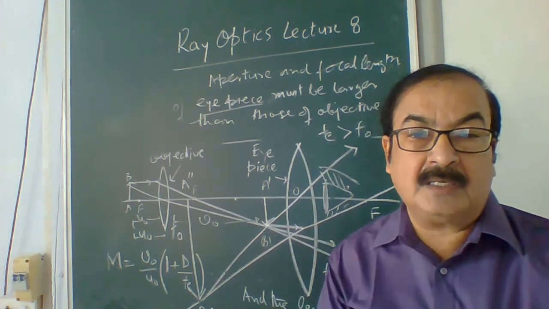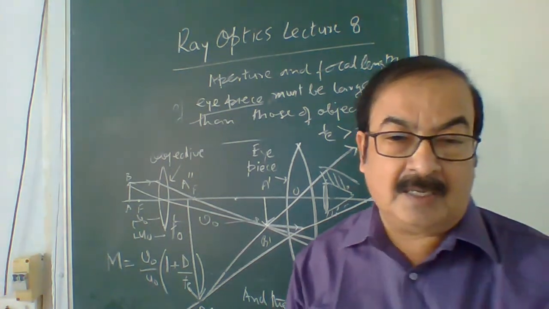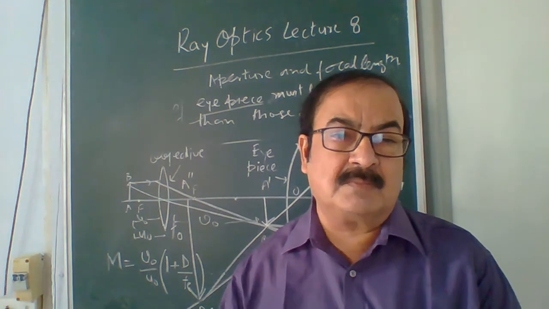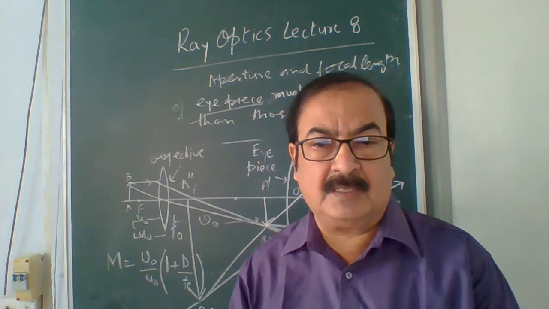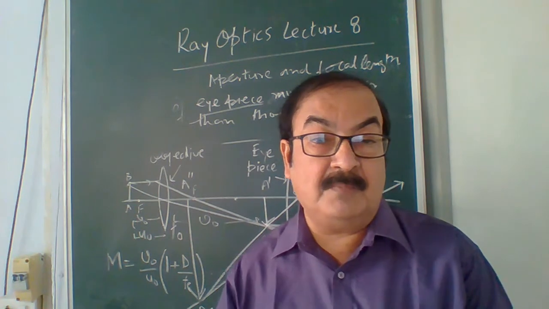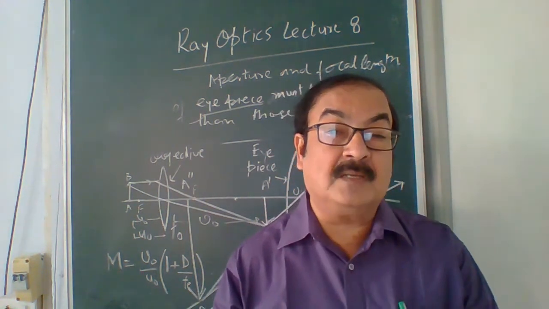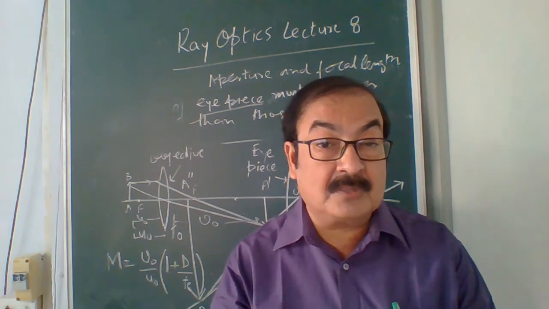So with that we have completed this portion. Next time we will discuss some mathematical steps of this, कुछ इसमें मैग्निफिकेशन के अलग अलग स्टेप्स बताएंगे कब कैसे होता है, when we get the final image at infinity or when we get the final image at near point. ये near point कौन सा होता है?